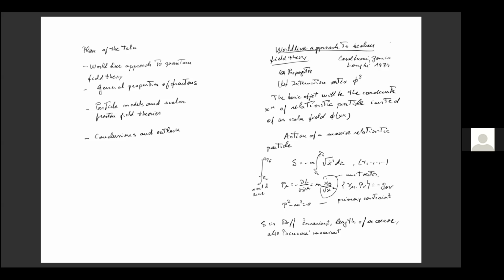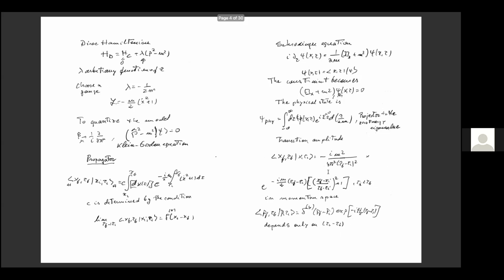And this action is diffeomorphism invariant because it's homogeneous of first degree in the velocities, and it is also Poincare invariant. Now, according to Dirac, we should add to the canonical Hamiltonian the primary first-class constraint, and the action being homogeneous of first degree in the velocities, the canonical Hamiltonian is 0, and there is only the remaining primary constraint with an arbitrary function of tau. Since the action is diffeomorphism invariant, we could choose the proper time gauge, which is essentially choosing lambda equal to -1/2m. And the Lagrangian becomes